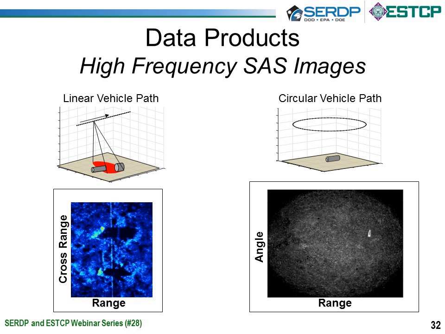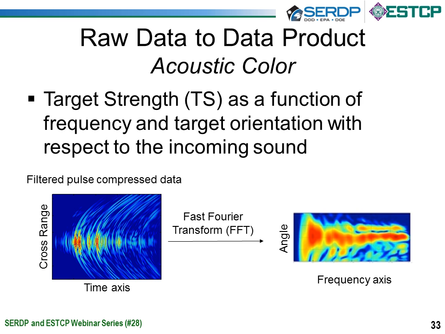These are examples of high-frequency synthetic aperture sonar data products. On the left, when you have a high-frequency system, this was about 150 kilohertz here, you get bright glints and you get shadows and you get textural information about the seafloor. In contrast, for the circular scan case, when you use imagery as a data product, you get low speckle noise for the seafloor, and you also get complete outlines of targets, making identification essentially trivial. Now with low frequencies, we're not so much interested in the image, although we do exploit the image to reduce the clutter from adjacent targets, as well as increase the SNR of the signal that we extract.